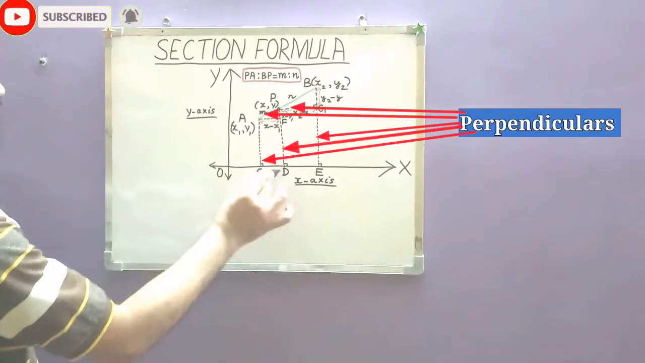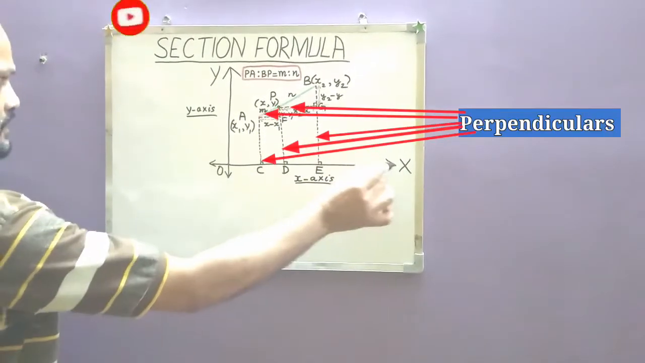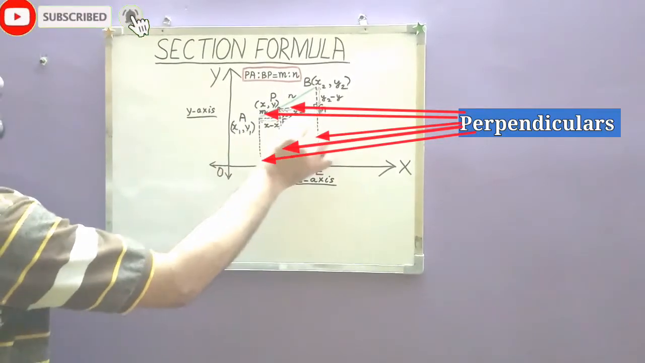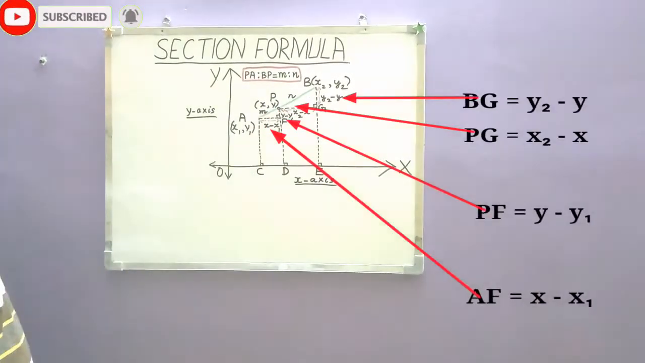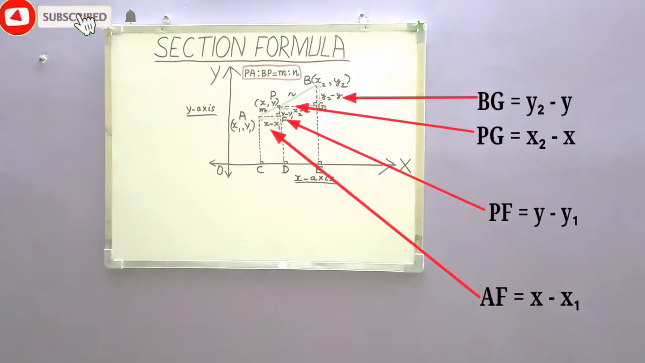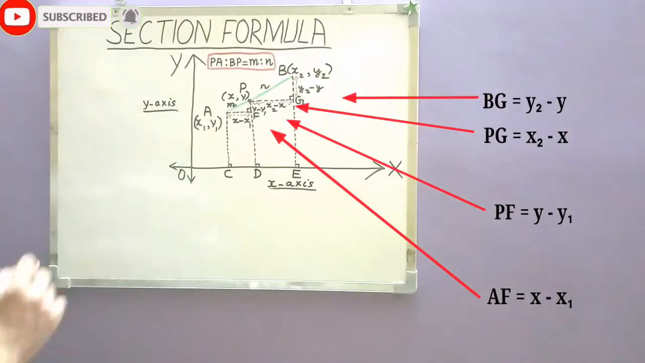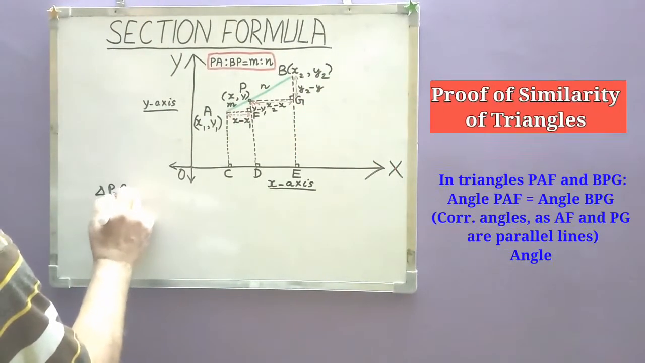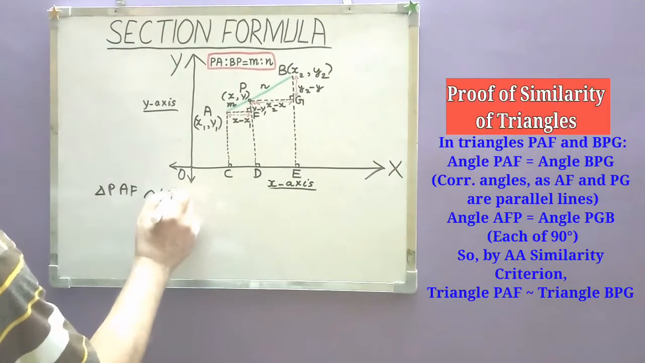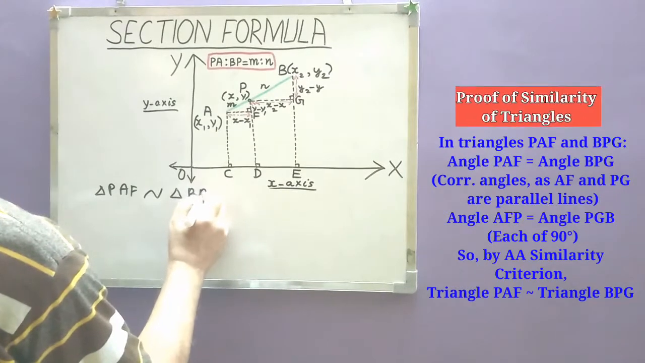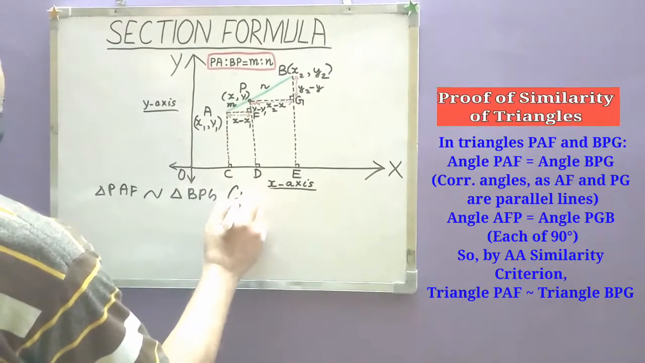Then draw the perpendiculars AC, PD, BE on x-axis and AF on PD, PG on BE. From the figure, AF equal to x minus x1, PF equal to y minus y1, PG equal to x2 minus x and BG equal to y2 minus y. Since triangle PAF is similar to triangle BPG by AA Similarity Criterion,